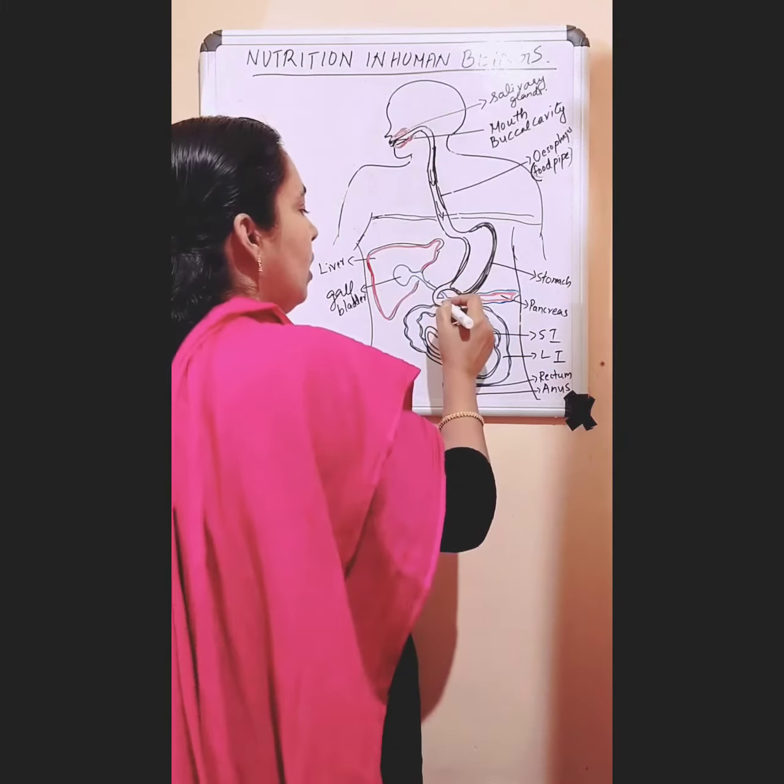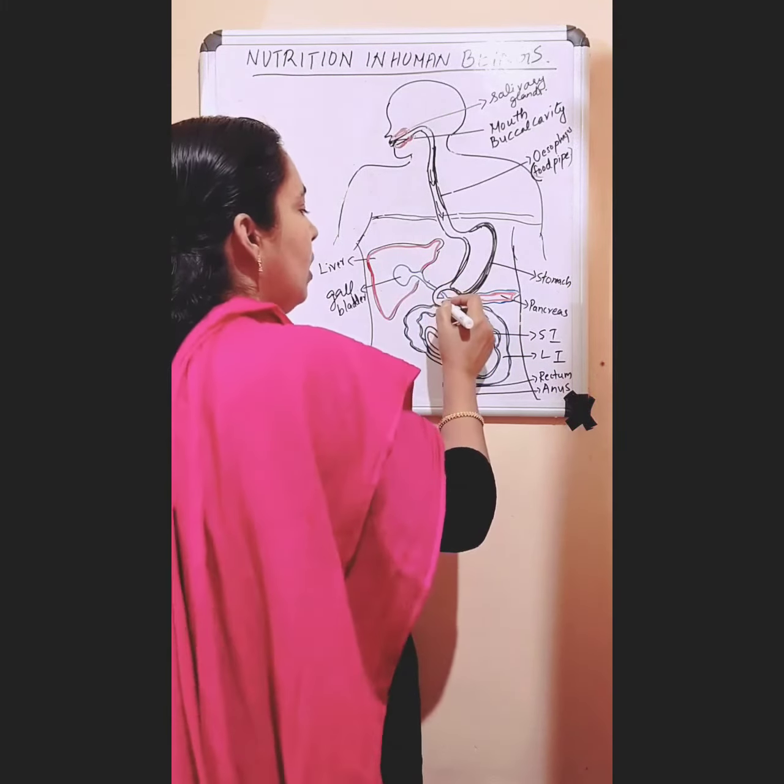So the insoluble larger particles of food are completely digested into smaller water soluble particles. Carbohydrate changes into glucose, proteins into amino acids, and fats into fatty acids and glycerol. So chemical digestion of food is taking place by the action of some enzyme. So we have studied ingestion and digestion.